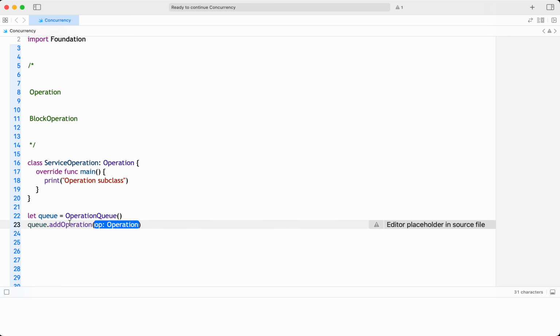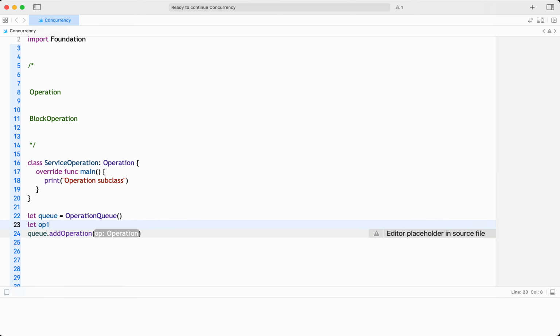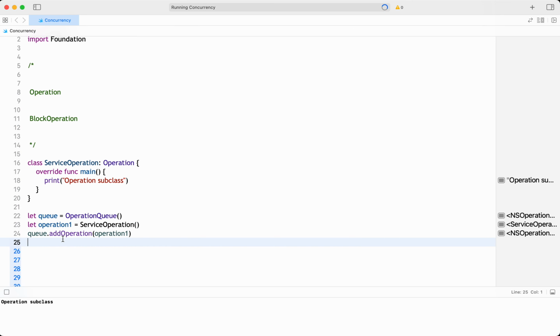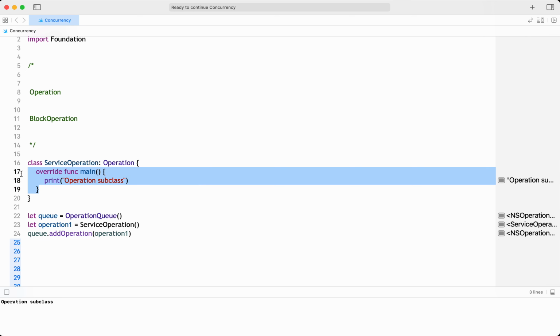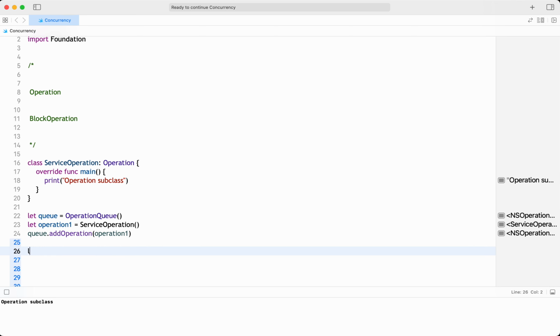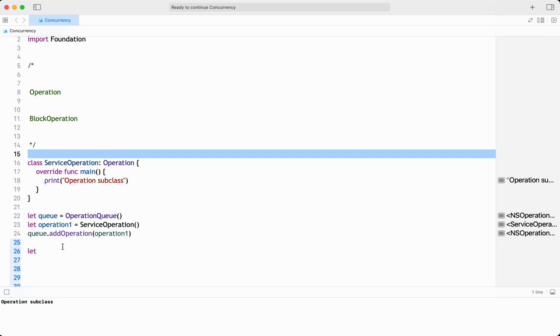I need to create let op1, operation 1, is equal to the subclass operation, and I can add it like this. So if I execute it, we have added it. So this is how we can encapsulate the piece of code that we need to execute in the main function. Whereas if it is a BlockOperation, which is a subclass of the Operation class,